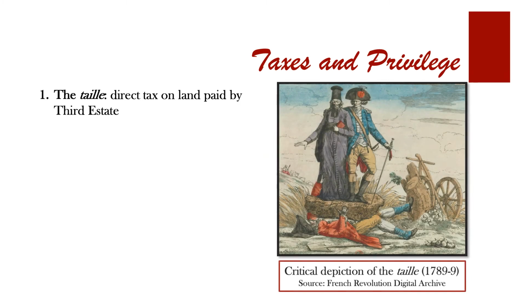Let's dive a little deeper, though, and look more closely at how all of this worked. We don't really need to detail how state assets worked. I mean, it's as simple as the king had stuff, that stuff made money, and the king got to spend that money how he wanted. Boom. But taxes are a little more complicated. There were three types of taxes, and each of them had certain pros and cons for the general financial and political situation of France. The first and most important tax was the taille.